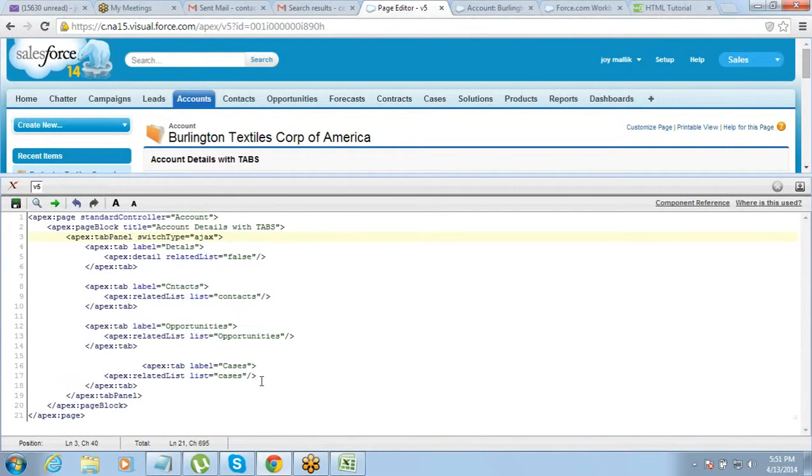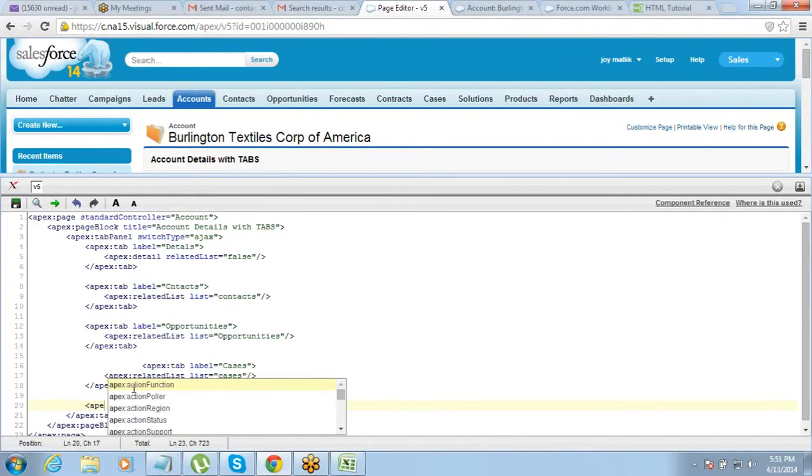So let me just go and create one more tab here. I'm going to deal with that in the same page. View and edit.